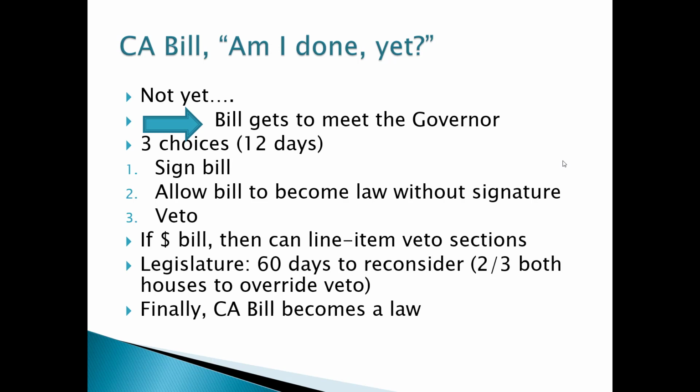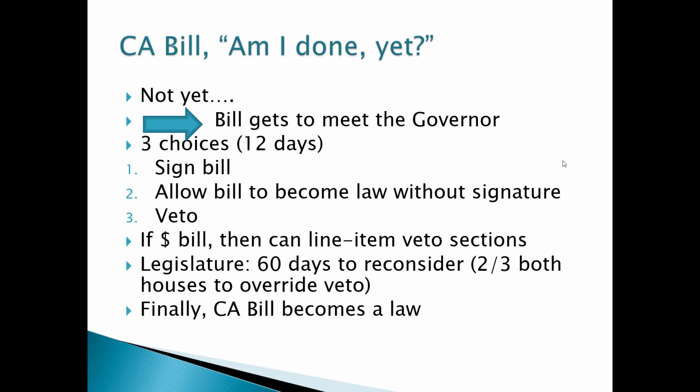And then the third option, just as the president has that option, the governor can veto the bill. But here's a key distinction between what happens at the state and the federal level. If it is a spending bill, or what we call an appropriations bill, then the governor has the ability to line item veto. What does that mean? With a spending bill, there may be 20 different areas, and I'm just throwing out a number there, there's usually more, where there's going to be spending. Well, the governor can go through line by line and say, yeah, I like that spending, but I don't like that one. So they can veto particular sections or particular areas of spending on that bill.